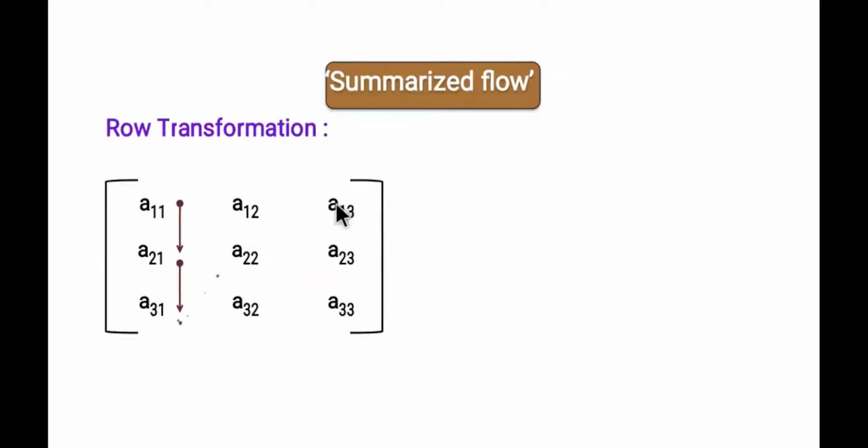Okay, so this was the flow, if you remember. First we converted A11 to 1, and these two elements you have to convert to 0. And then you have to move to A22. This you have to convert to 1. And then you have to move to A32 or A12, any of the elements will do, but you have to convert this to 0. And from this, you have to shift to A33. You have to convert this into 1. And then you have to do the last two changes, convert these to 0.